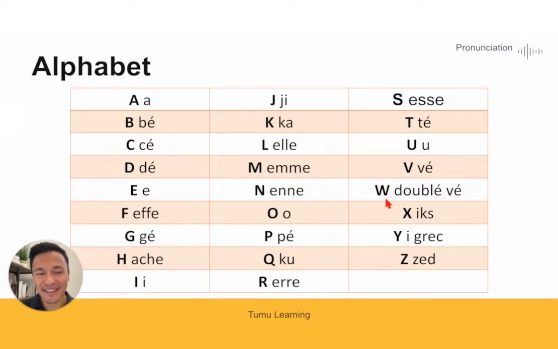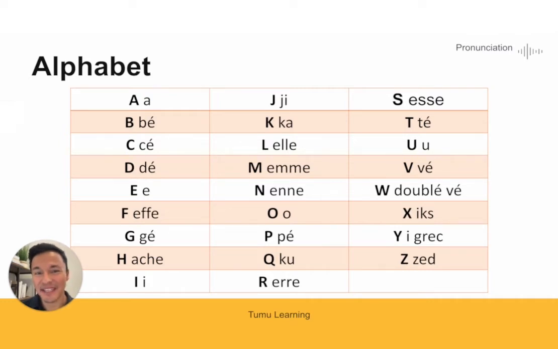Let's see. W, X. Okay, not X, but X. Like E. Y, Y, Z,